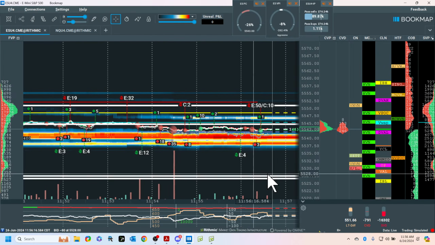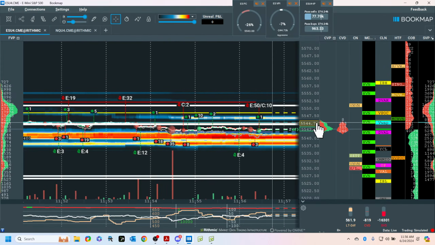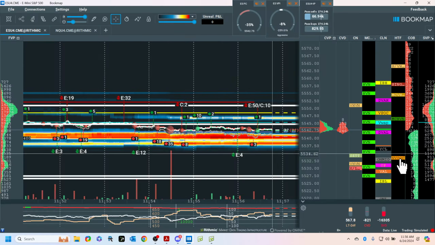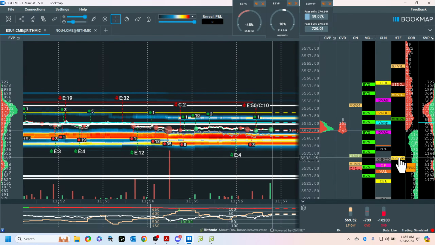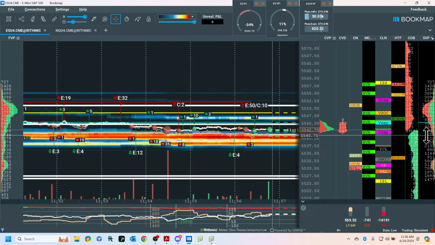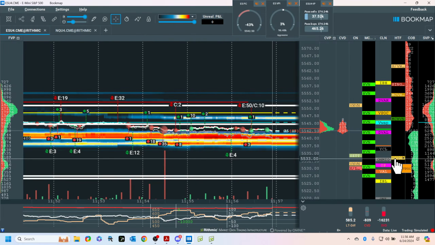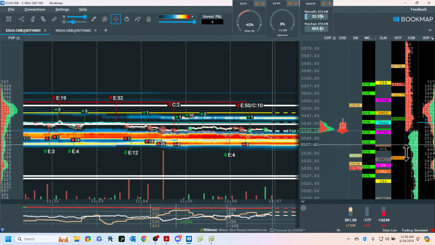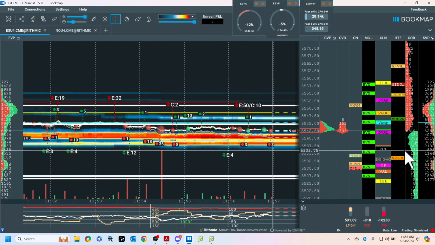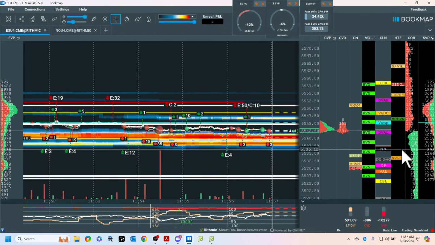And the locations are auction based, which means they're slop. So if we could come here, we could come out only to here. We may come out to here. We might come out to here. So you're saying, well, what good is that? It's no good to predict. It is good to anticipate.